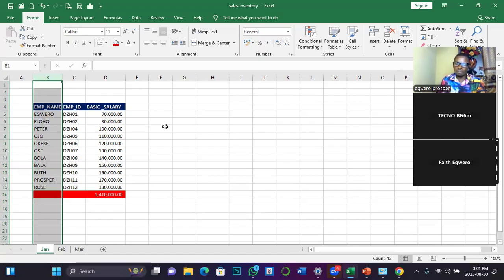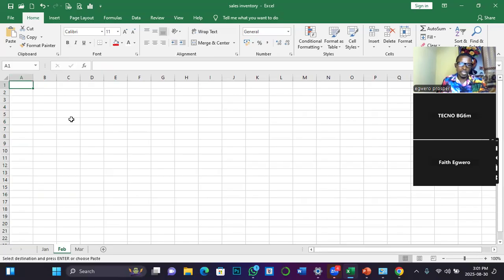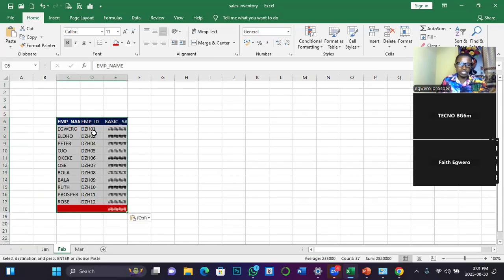So these are some basic magic we can perform with Excel. The last one I want to show you before we end the session is this. Let's assume that you have this lookup. I want to duplicate the whole of this report. Copy. That is what I highlighted. Press Ctrl C. Go to January, then paste it here, Ctrl V to paste it. Then go to March, then also Ctrl V to paste it.